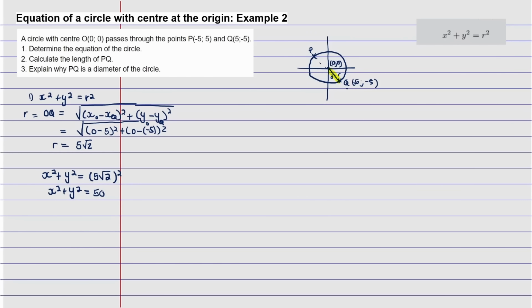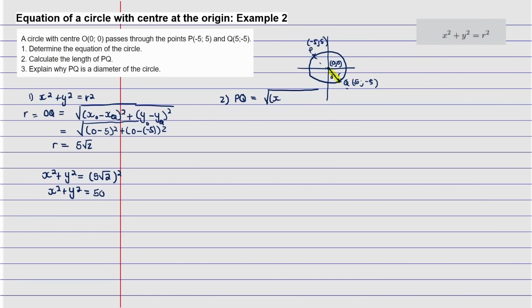Then the second question says calculate the length of PQ. So the length of PQ is going to be from here to here. We already know that P is negative 5 and 5, so it's going to be number 2. The length of PQ is basically equal to the square root